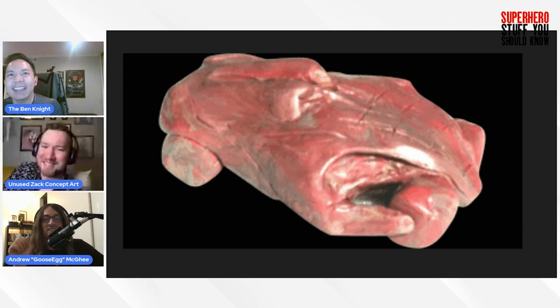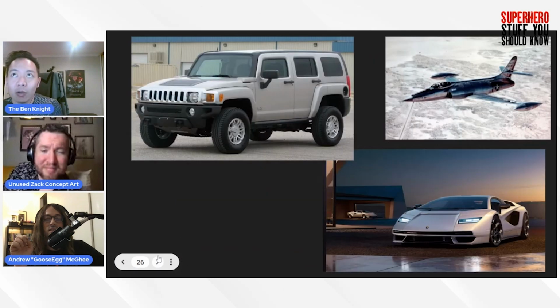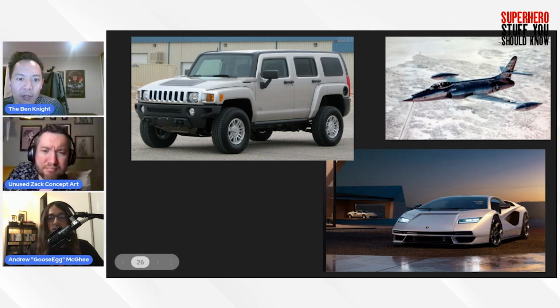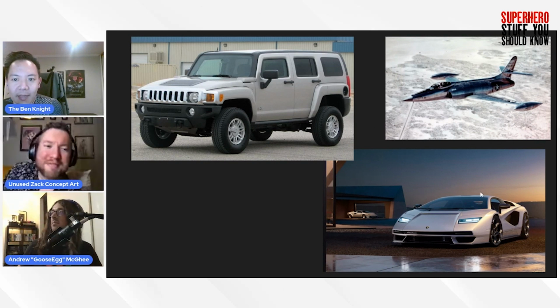All right, so let's talk about the real stuff. According to the art of Batman Begins, the Batmobile was the first assignment that Nolan gave to designer Nathan Crawley. He asked for a fusion of a Hummer and a Lamborghini Countach, sorry, the Lamborghini. So Crawley went off, purchased hobby model kits of these cars, and then he used both of these vehicles along with the cockpit of a P-30 airplane model,